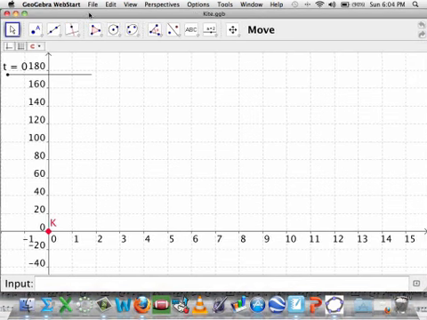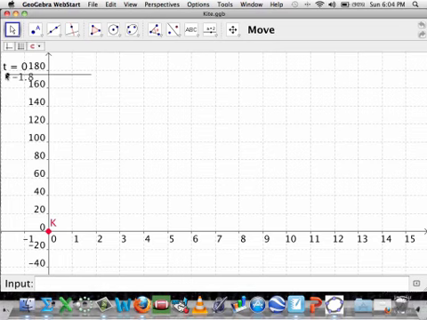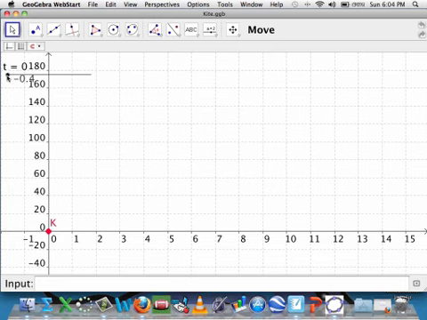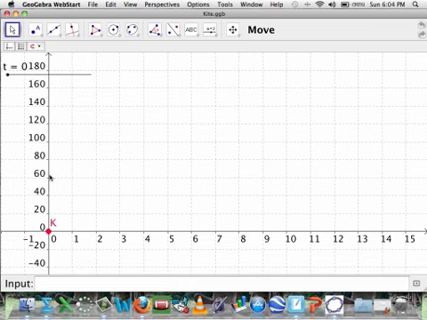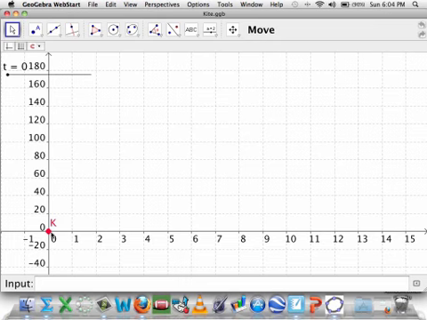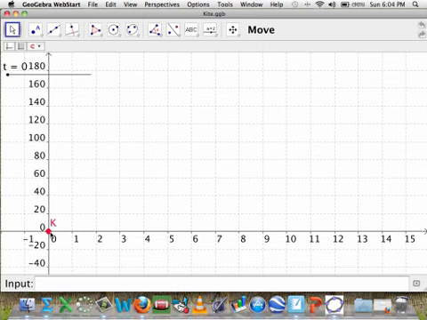So for different values of T, the kite's going to start to rise or fall and move right or left. I'm going to animate the slider bar so it runs through the time from 0 to 90 seconds. It's got the trace turned on, so you're going to see dots being plotted. And you're also going to see a line segment that goes from the origin to where the kite is located. That acts as the position vector, and you can also visualize that as the string of the kite that's being